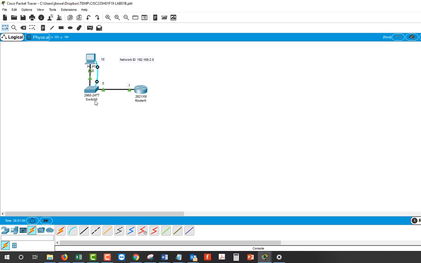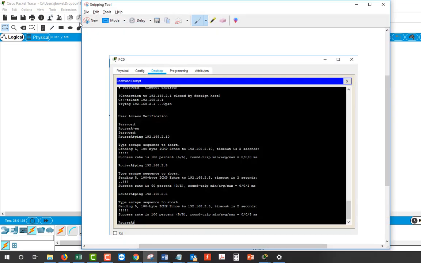I'm also going to change the names on this to switch A and router A. Okay. Finally, we want to take a snapshot of our workspace and our diagram for our network here. And we'll go back to our snipping tool and we'll say new,